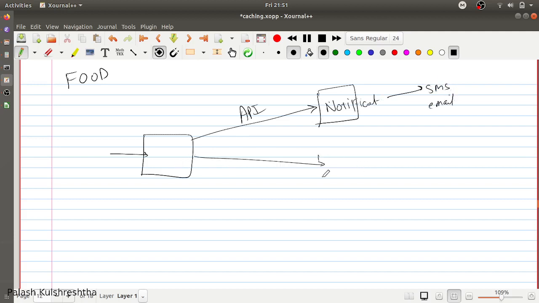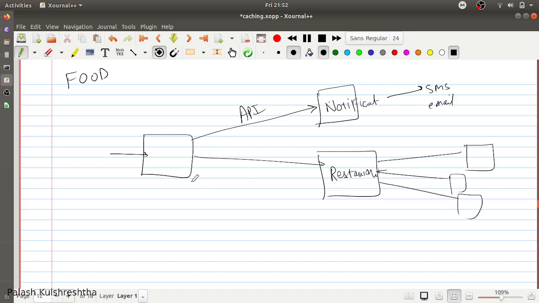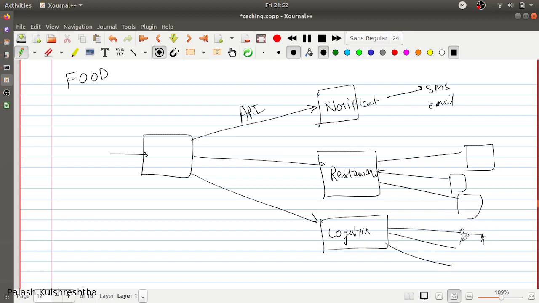You are calling the restaurants. You are calling a service which is interacting with the restaurant providers to basically inform that their order has been created. You are interacting with the logistics team to basically make them assign courier partners, or delivery executives, to deliver that order. So you are interacting with them one by one, and this is a choreographer pattern. Sorry, this is orchestrator pattern where this service is interacting.